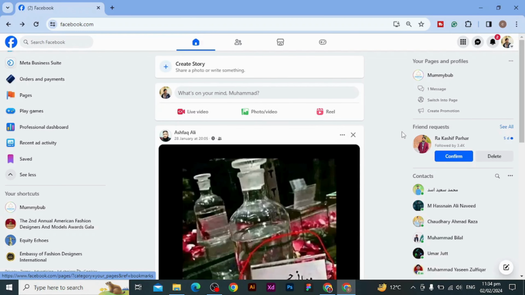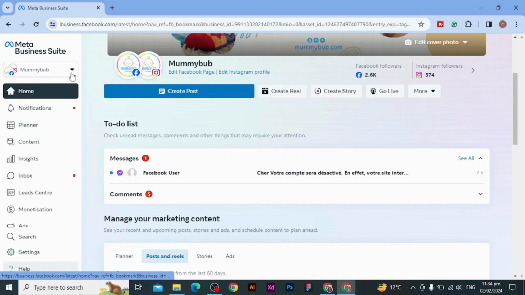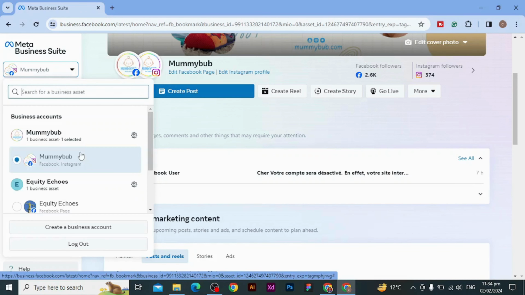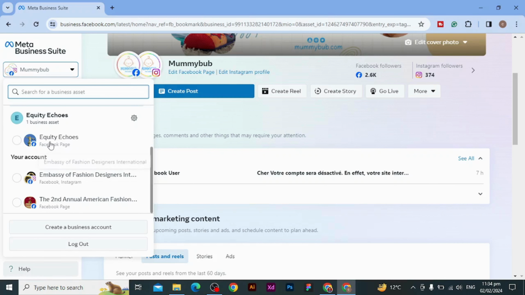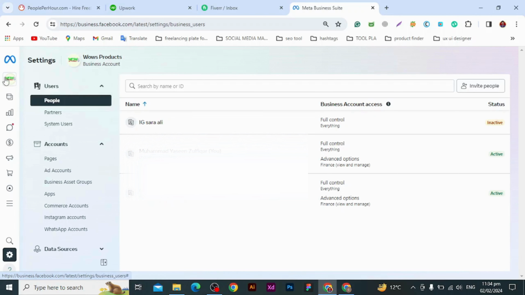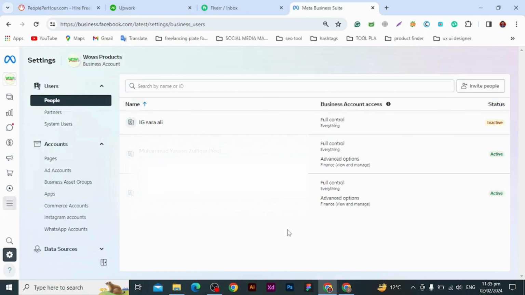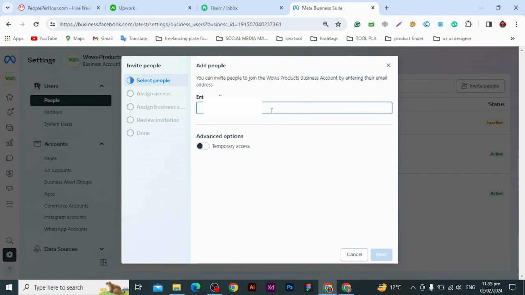Now I will tell you how to give me access to your page. Go to Meta Business Suite. Then select our page. After you select our page, then go to the all tools section, then go to settings and select people, then go to invite people, write my Gmail ID,